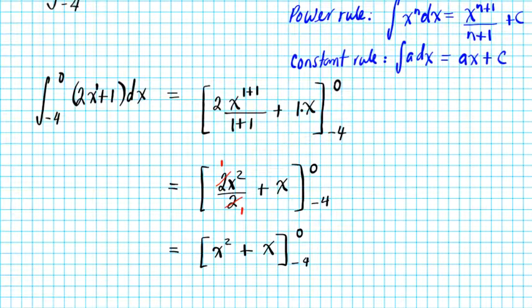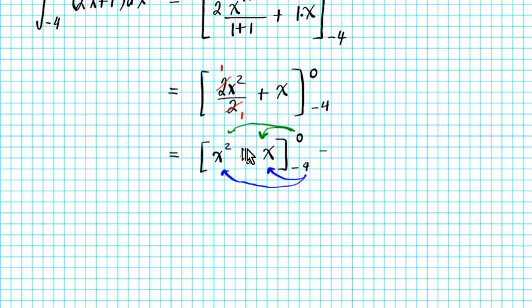Okay, so what we're going to do is plug in the top limit into both variables, and then subtract that from what we get when we plug in the lower limit into the variables. Okay? So basically the antiderivative evaluated at the top minus the antiderivative evaluated at the bottom. So we're going to have